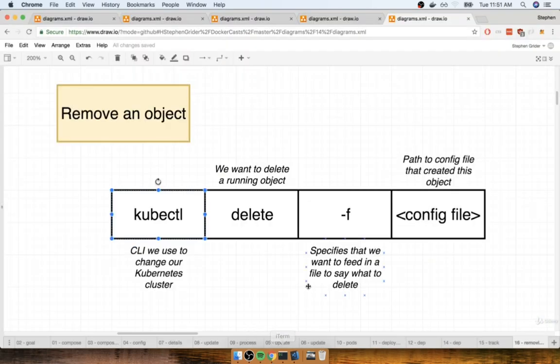Now, one thing I want to mention very quickly here is that this delete command seems an awful lot like an imperative update to our cluster. And in fact, it really is. This is an imperative update. We are issuing a very direct command that says, hey, Kubernetes, I want you to make this very discrete change to the state of our cluster. Now, unfortunately, this is something that we really just can't quite get over. When we want to create a resource or change an existing resource, we pass in an updated configuration file. And so we're kind of leaving it up to Kubernetes to make the appropriate changes. But when we want to delete a resource, unfortunately, if we wanted to delete some object inside of our cluster,